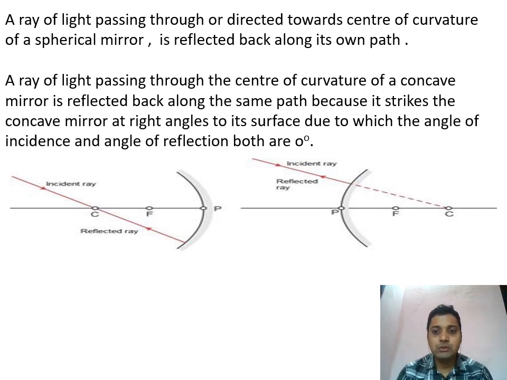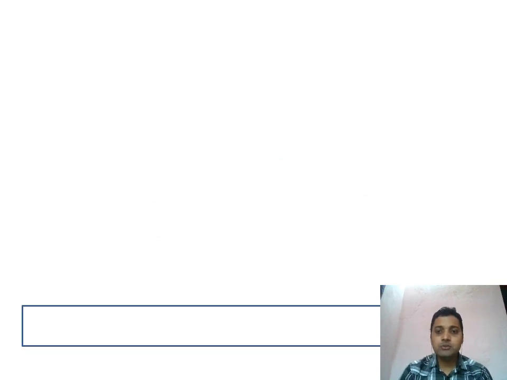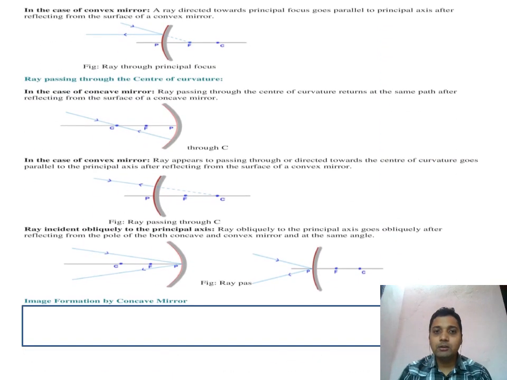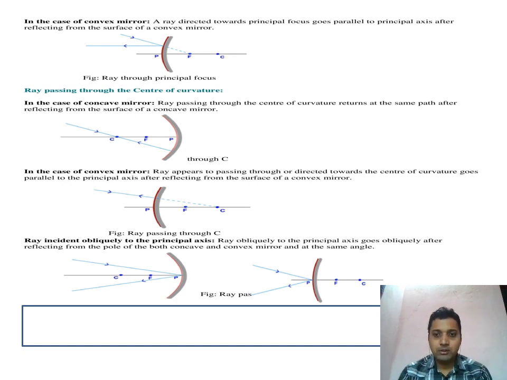Ray diagram to show the formation of image by concave mirror and convex mirror. For different positions, a concave mirror forms different types of image, with different nature and size. For that reason, we'll take different positions of the object and try to find the image formed by a concave mirror. First, before going to the image formed by any mirror, this is the summary of our rules.